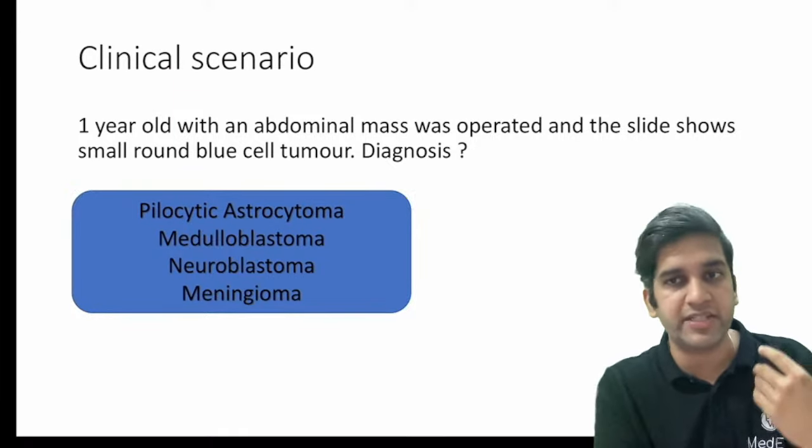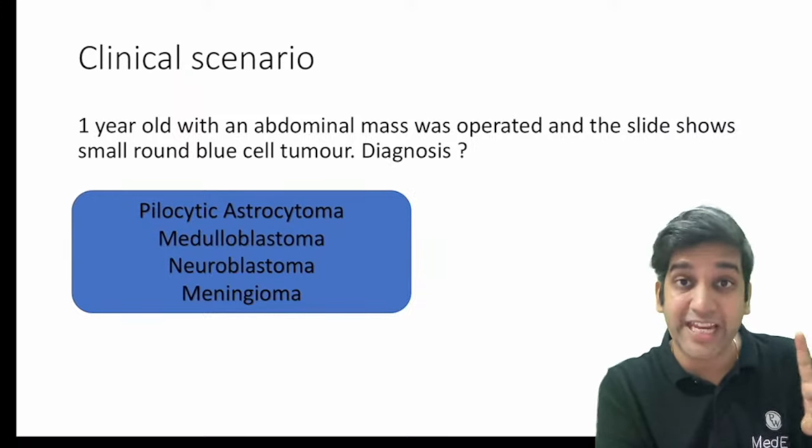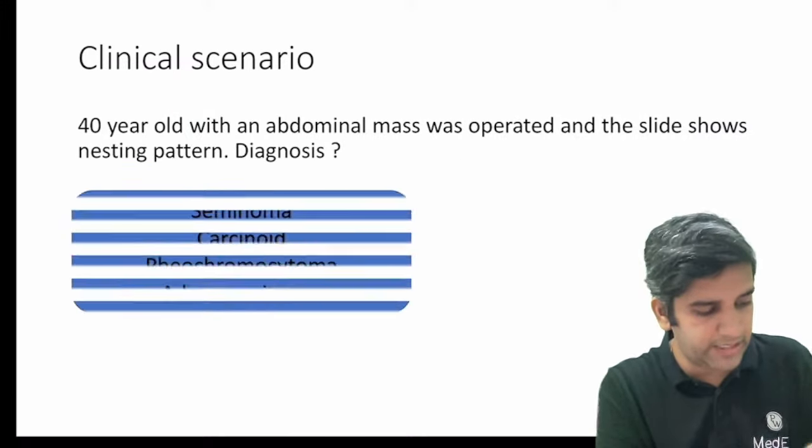Adrenal gland tumor will be presenting as an abdomen mass only, right? Perfect. And age, 1-year-old, is very, very important. Fine. Next,